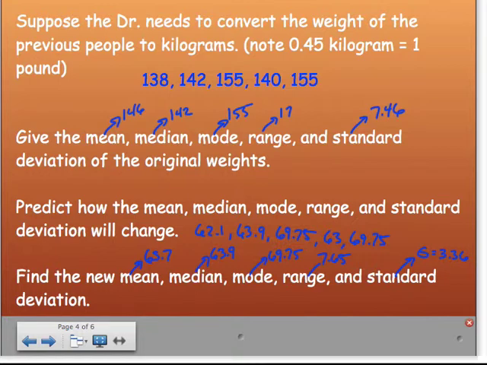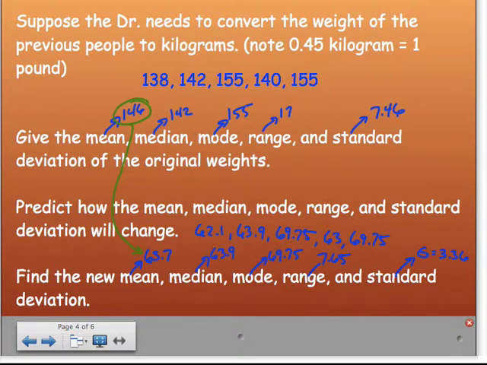They don't really have any obvious relationship to the originals. But what I want you to do is this: take 146 and multiply it by the factor of 0.45, because that's how we got the numbers in the first place. It was 0.45 of a pound that was a kilogram. So take 146, which is the original mean on the top of the screen, multiply it by 0.45. Not coincidentally, you can see here that 146 ends up to be 65.7